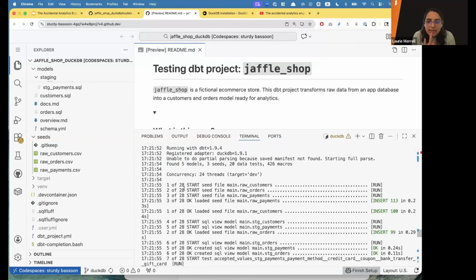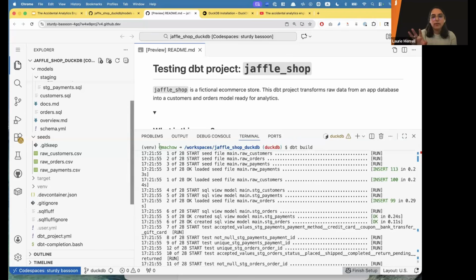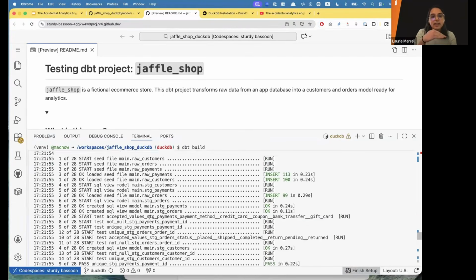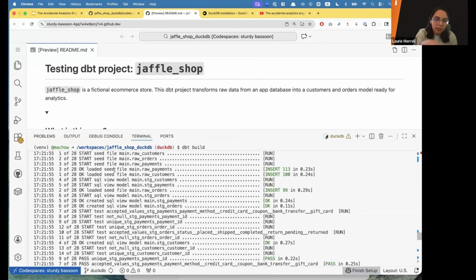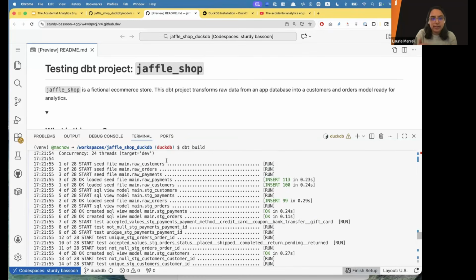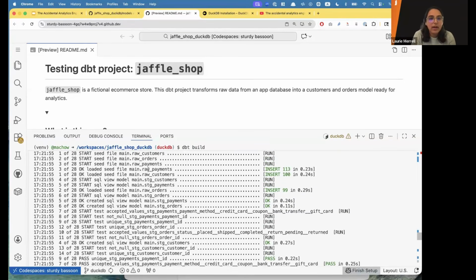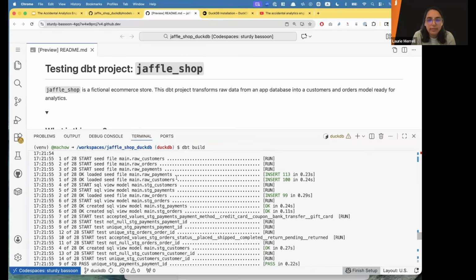What DBT did is it not just created all those tables, but it created them in order based on dependencies that it is inferring from how those SQL files are specified. So you can see it has this ordered list of run this, then run this, then run this.